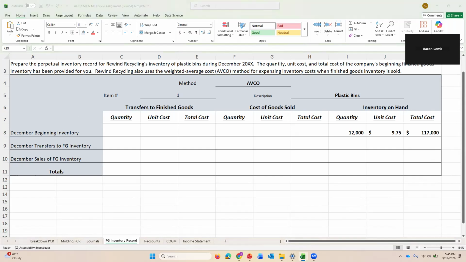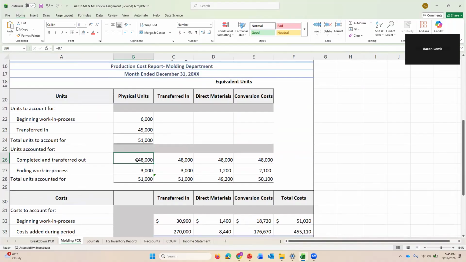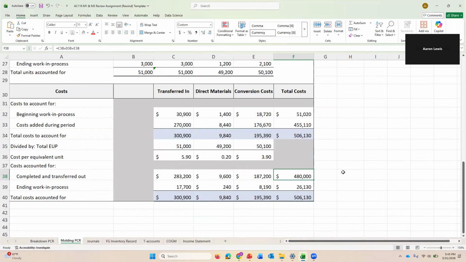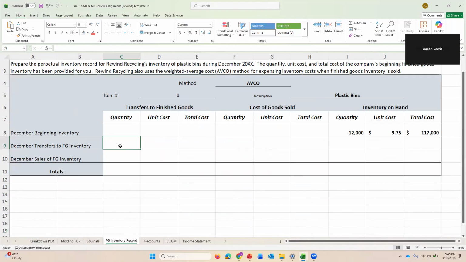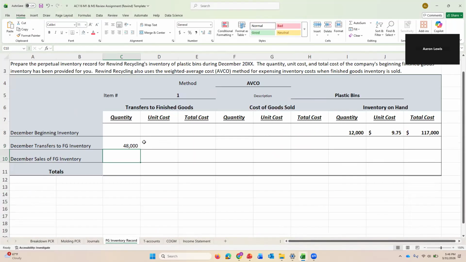Well, what did we finish during the period? The last department over here is the molding department. And if I go to the molding department, I can see that we finished during the period and transferred a total of 48,000 units. And when I did so, I transferred with them the total cost of $480,000. So going back to my perpetual inventory record over here, we transferred 48,000 physical units that got completed and transferred out. They were transferred at a total cost